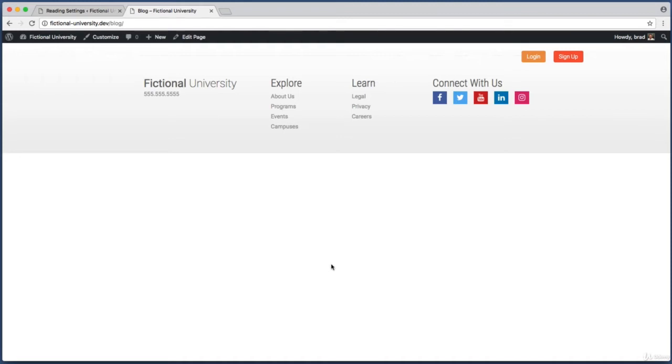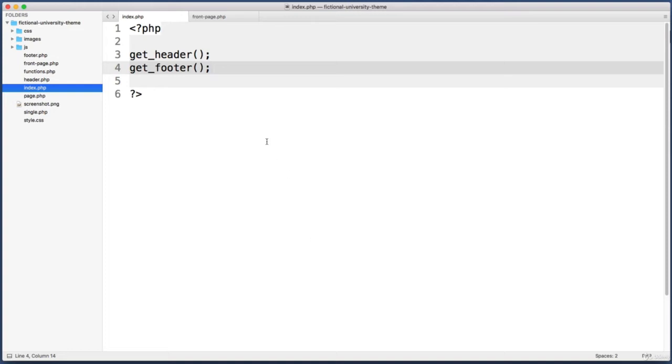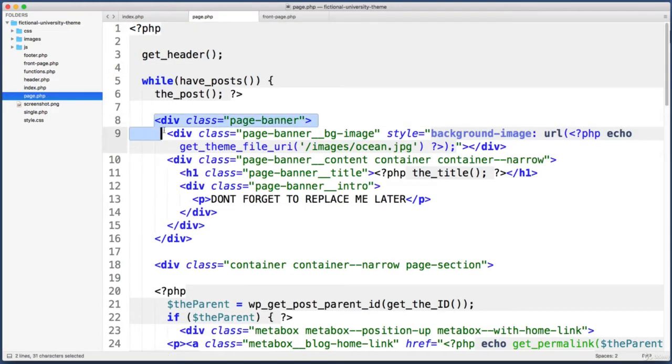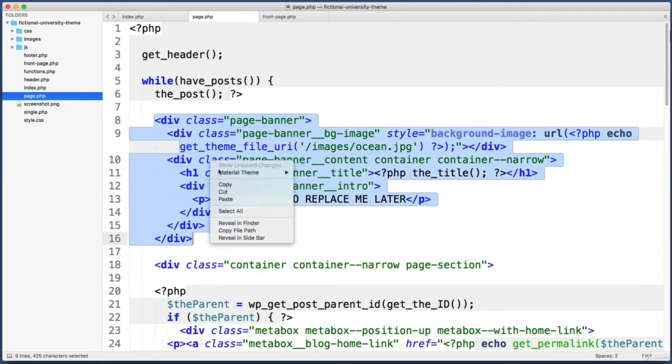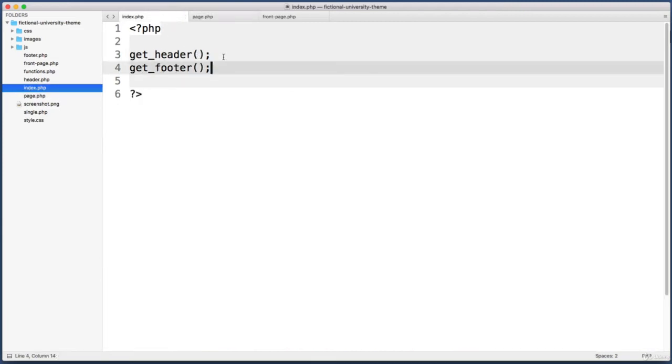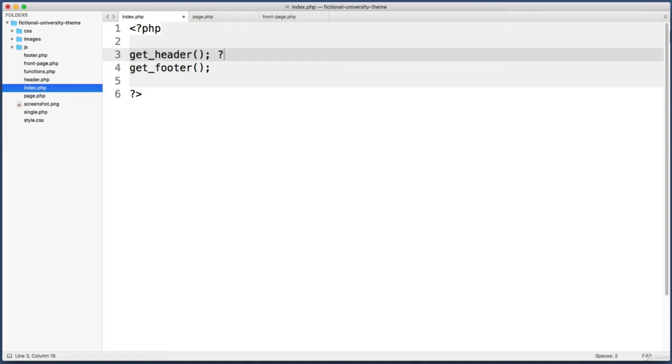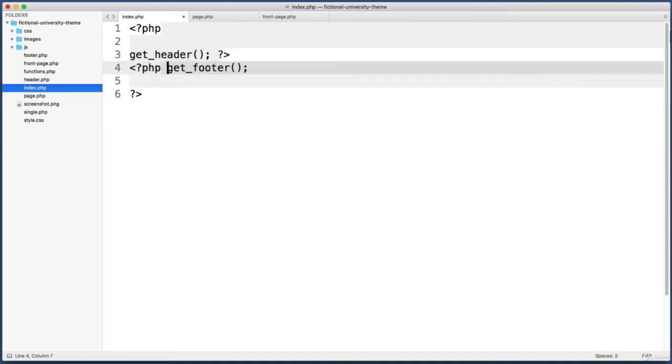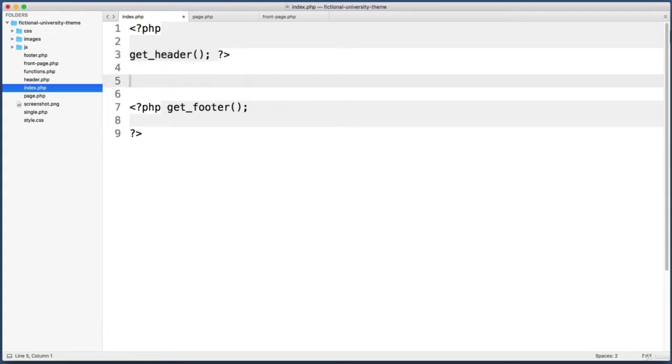And instead of manually typing out the HTML to create a banner area, what we can do is just jump into our page.php file. And the first bit of HTML that we see on this page is a div with a class of page banner. So why don't we just copy that div into our clipboard, and then back in our index.php file, in between the header and footer, let's drop out of PHP on this line, and then drop into PHP on the beginning of this line, so then we can have HTML where the cursor is right now,